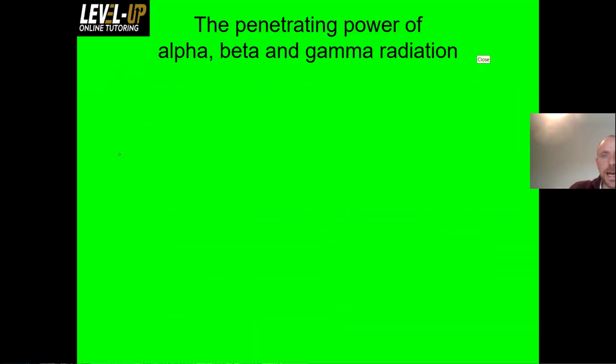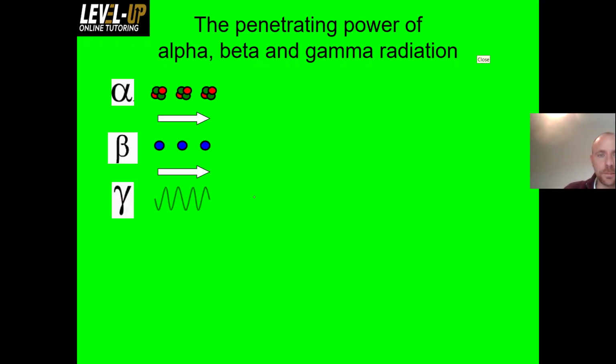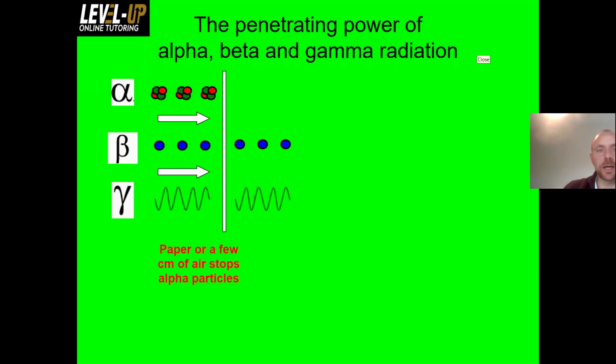Okay, the next thing to look at is the penetrating power of these alpha, beta, and gamma radiation. Again, I want you to think about why what I'm about to describe is happening. First of all, you do need to know this off by heart, okay? Just as a matter of fact, you need to know that alpha particles can pass through,